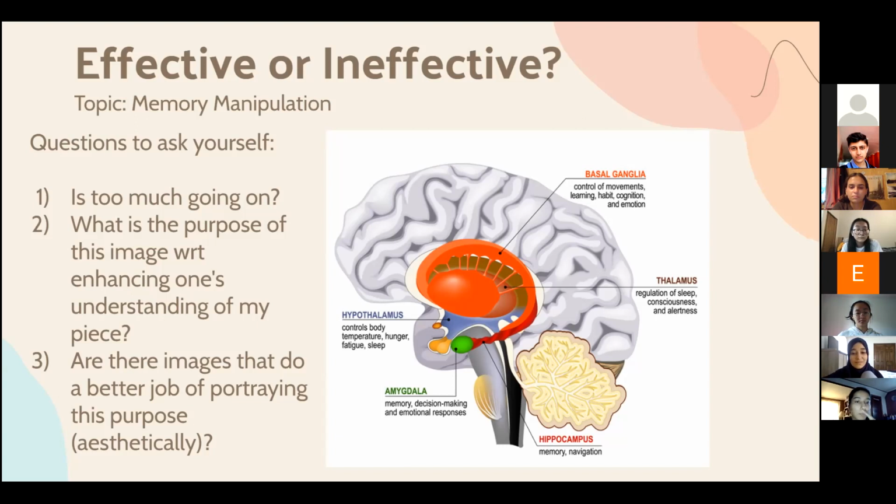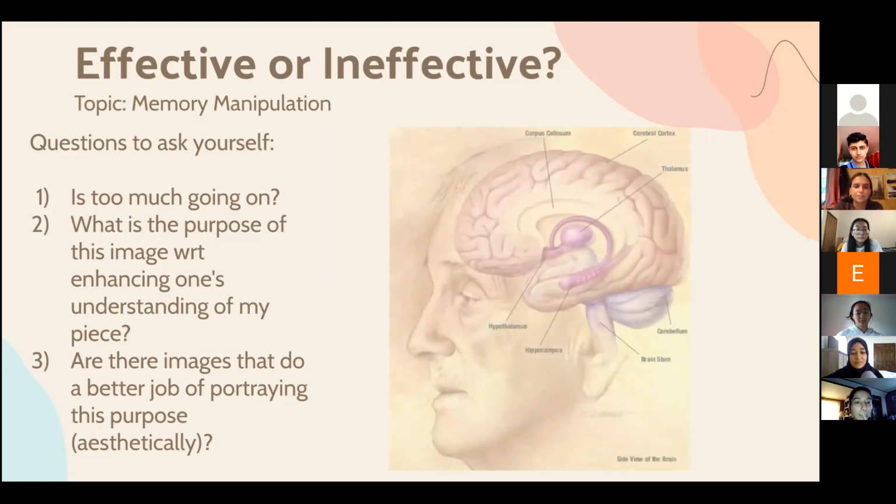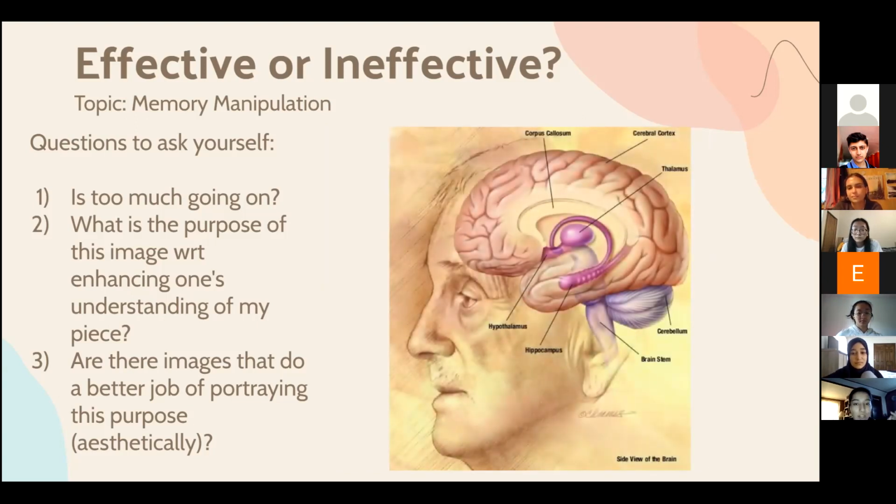If you hit next, Como, there's this image as well. Something worth noting is that, like I mentioned before, the only 2 words mentioned in the article were amygdala and hippocampus. This one doesn't even have the amygdala. So I'm not saying that this is an image that I would have chosen, but just in general, it's